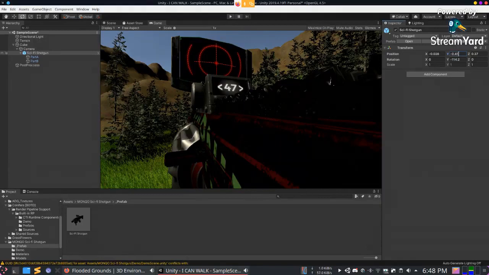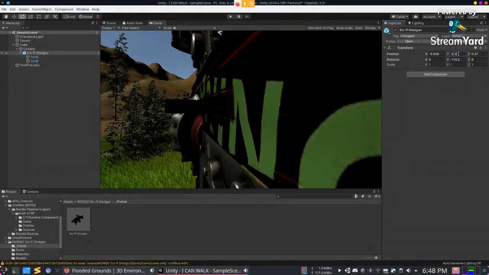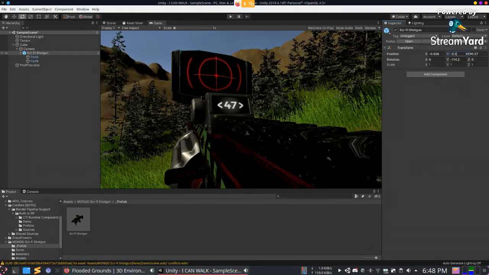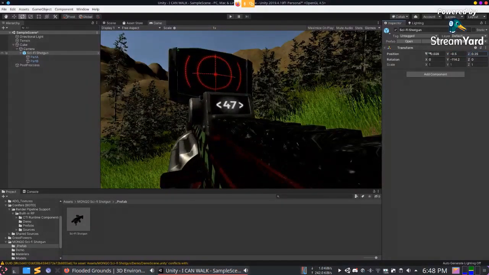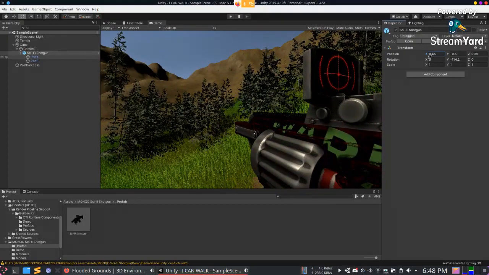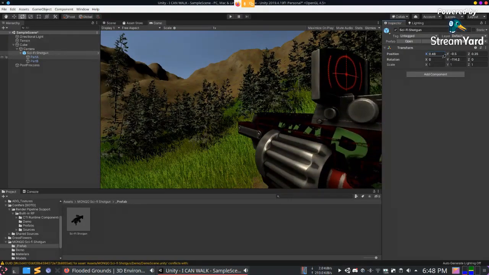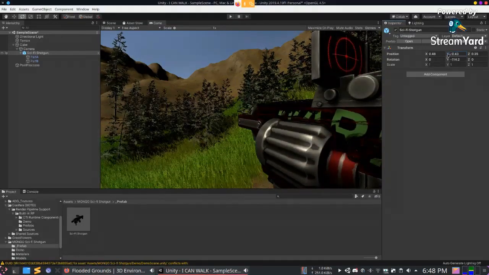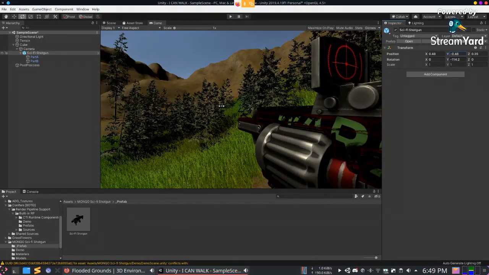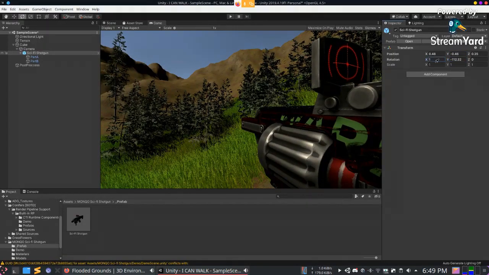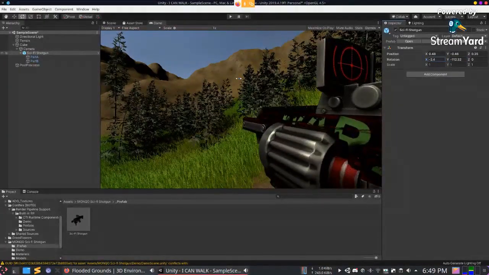0.45, 0.37, 7.5. This looks alright. Make sure it points exactly at the center because your game cursor, the shoot sign, is usually at the very center. These are the various angles you can move it along. So here it is, if you add movement to the player, then you can just move around the terrain and shoot, which we will be covering in the upcoming videos. For here, this is it for now.